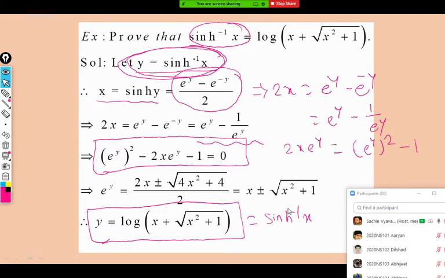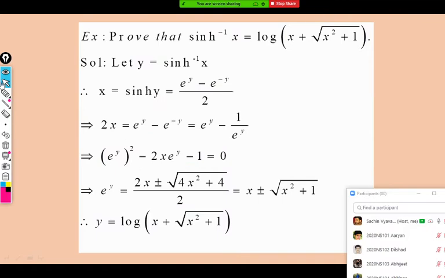Actually, there is a use of inverse hyperbolic functions in calculus of variations, but I will not go out of syllabus right now. Just focus on the mathematical parts here. So that is about the derivation.